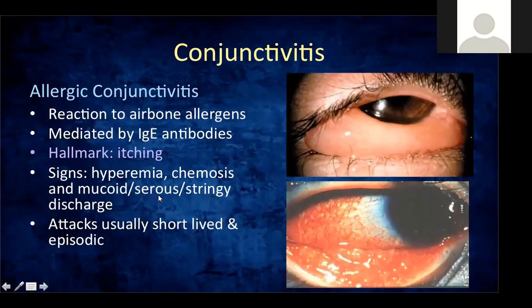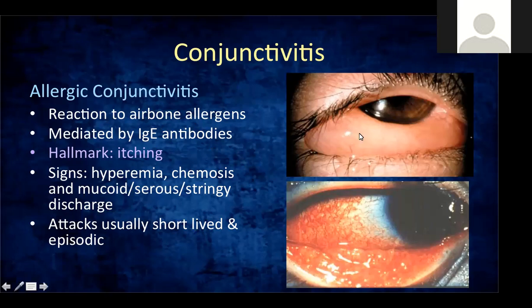So we go to another common type of conjunctivitis, which is your allergic conjunctivitis. It's very common for those with a history of atopy, yung mga may asthma, allergic rhinitis. There is a specific type of allergic conjunctivitis that's very common in young boys, no? Yung mga preteens na boys natin. So it's a reaction to airborne allergens. It's mediated by the IgE antibodies. And because it is allergic, the hallmark is itching. So makating-makati.